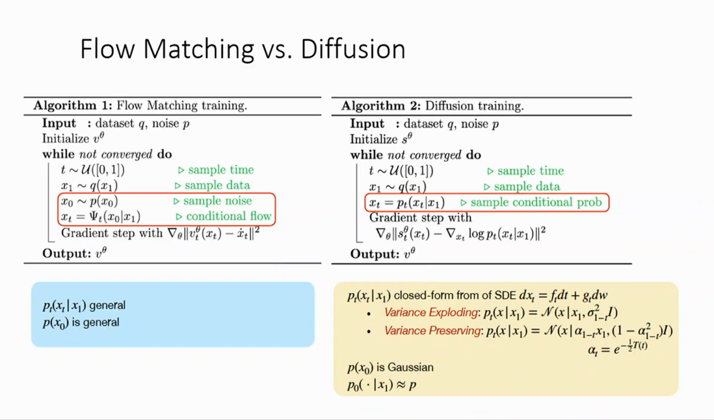And the reason we want to keep track of likelihood is because we want to make sure that at the end of the trajectory we're arriving at the right distribution. So for flow matching,